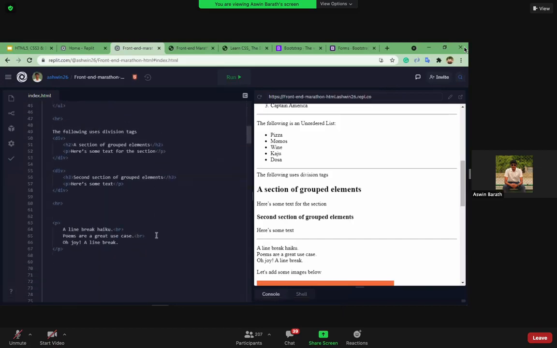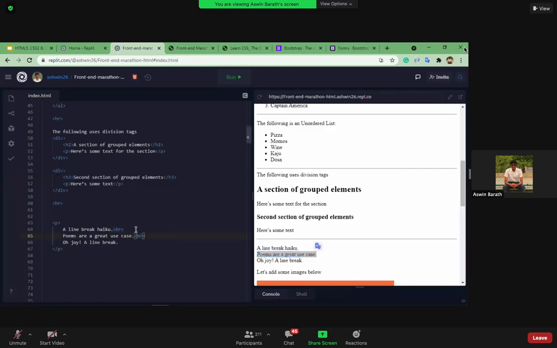But in HTML, whenever you want to break the sentence and move on to the next one, we have to declare a tag called break tag. This break tag is another self-closing tag. Inside this paragraph, I have two break tags called BR. These tags will break this sentence and move on to the next line.